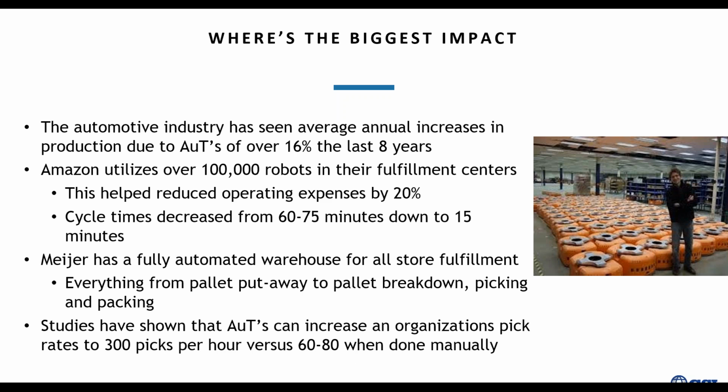The only thing a human is used for is to pick up the pallet that was shrink wrapped, and put that on the truck. So when we talk Gartner, when we talk about Deloitte, when we talk about all these other organizations that have done studies, they've shown that if you use an autonomous thing in the warehouse, that you can increase your picking rate upwards of 300 picks an hour versus an average 60 to 80 when it's done by a human being. So again, that type of technology, that type of use within a warehouse is a very